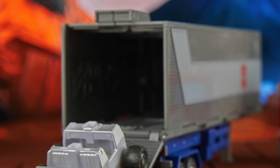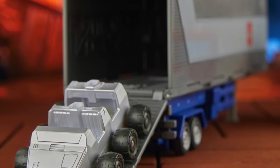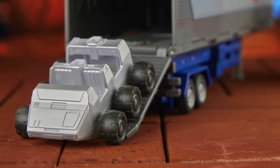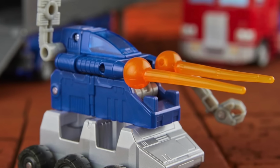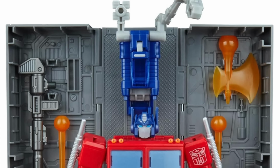which, speaking of, he will come stacked with additional accessories, including Roller, which I think is a great inclusion, considering that the last time we saw this guy was a part of the Centurion Drone Weaponizer pack, which was near impossible to track down. You can even combine Roller with the actual attack drone, and the second that you slap on even more blast effects, you can transform him into an absolute beast,